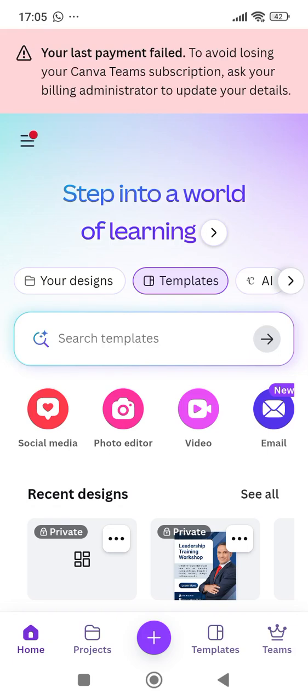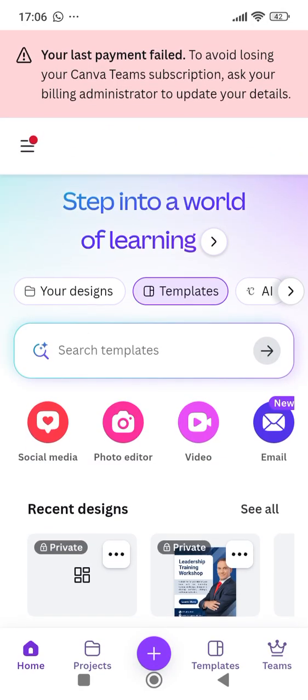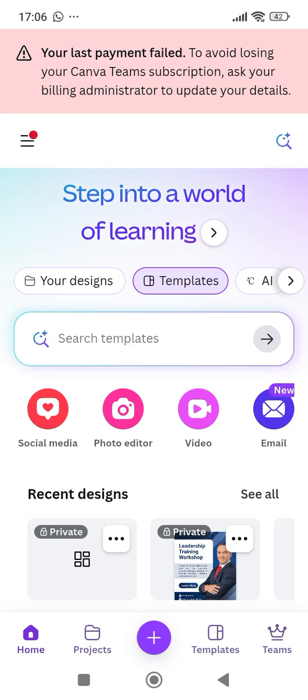All right, so now in this tutorial I'm going to be showing you how to use the Canva app for designing, how you can use it to design. So what you need to do is just to come to this plus button at the base here. You can see the plus, you just click on it if you want to create any design from scratch. So you just click on it,